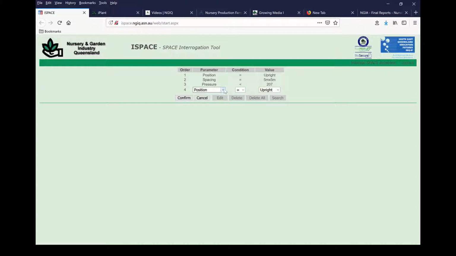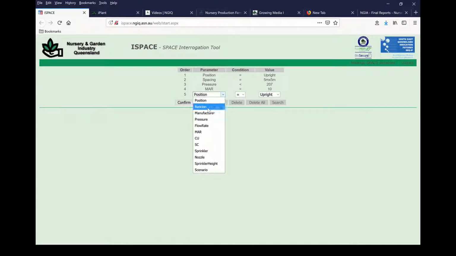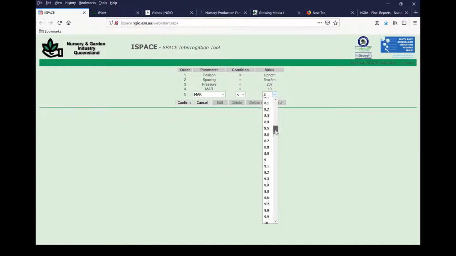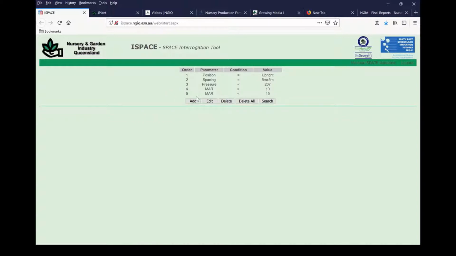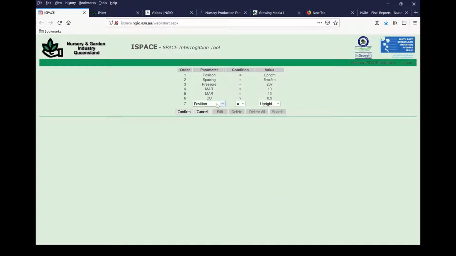a mean application rate of greater than 10 millimetres, but also a mean application rate that's less than 15 millimetres, with a coefficient of uniformity greater than 90% or 0.9, and a scheduling coefficient